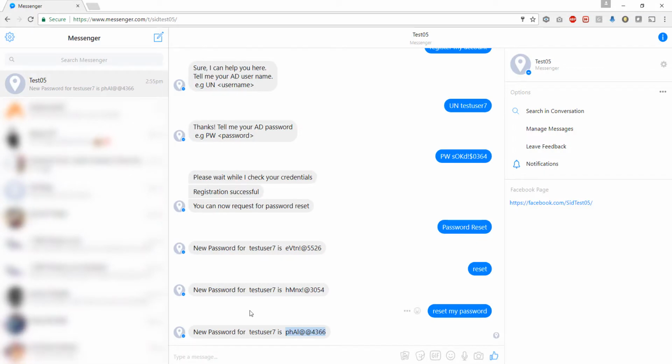So as you saw, it was very easy to reset the password using the Automation Edge chatbot. In this demo use case, it was embedded in Facebook Messenger, but it can be embedded into different chat clients. And with its cognitive abilities as well as speed, resetting password has never been easier.